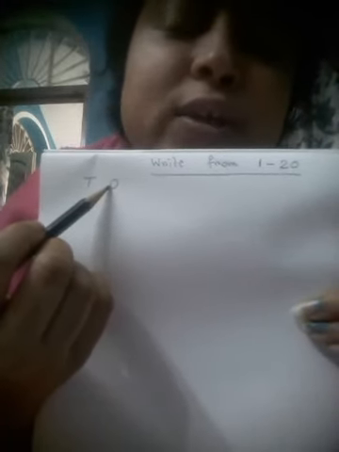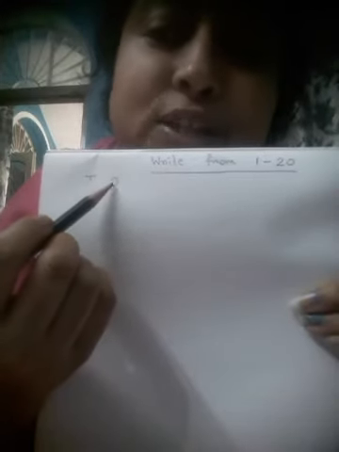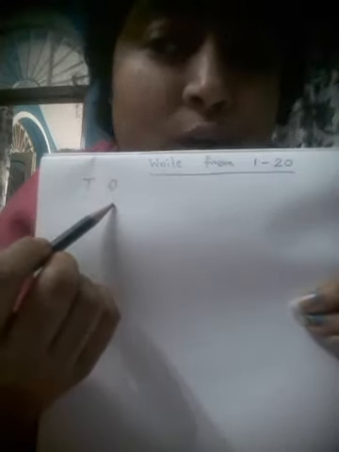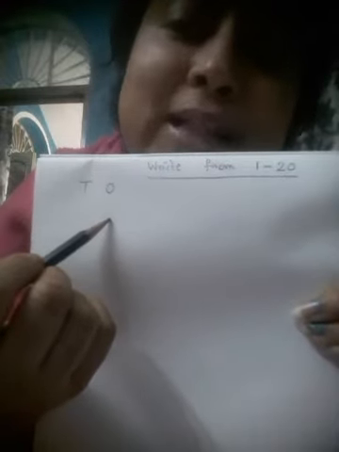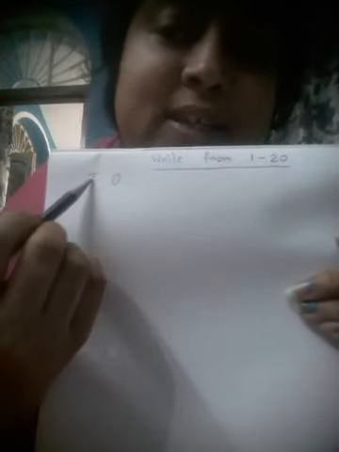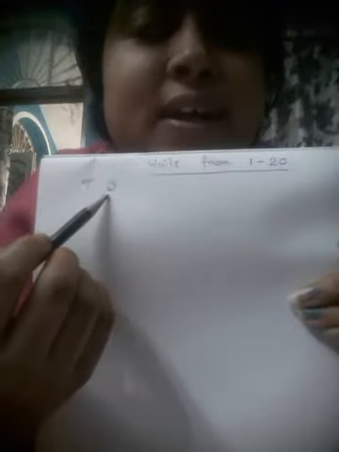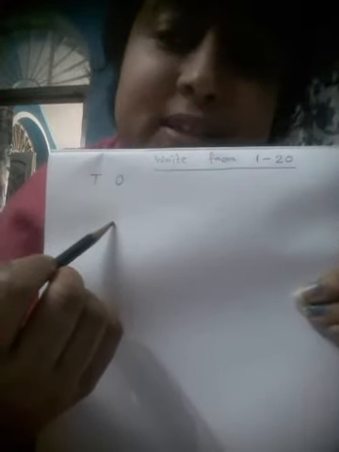As you know, all the single digit numbers should be placed in the place of ones, that means below the O, and all the double digit numbers should be placed separately in both tens and ones. The left hand side number should be placed in the tens place and the right hand side number in the ones place. In that way you will have to write all these things.